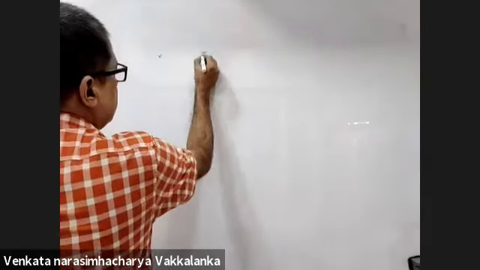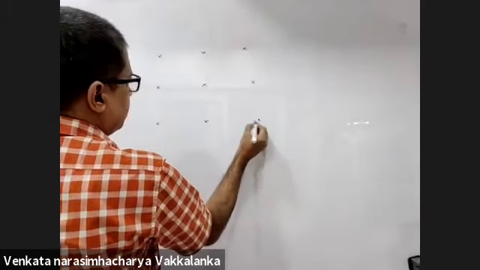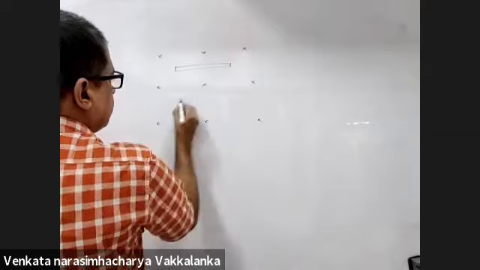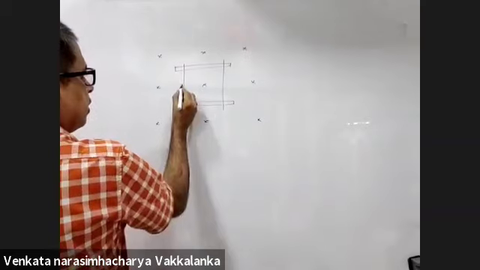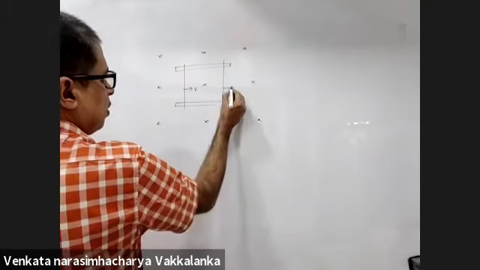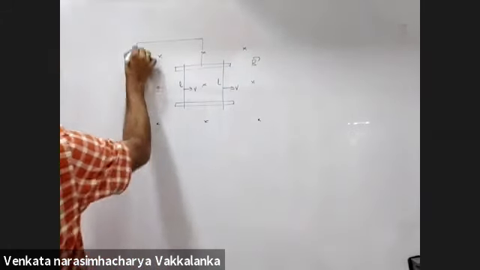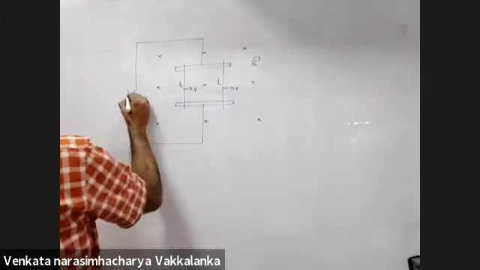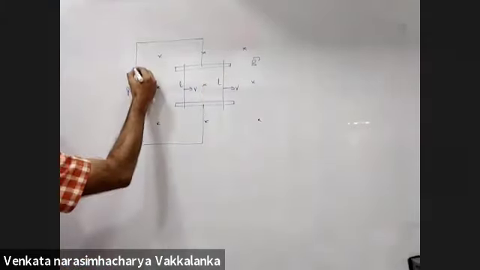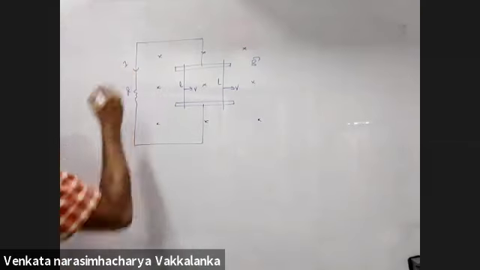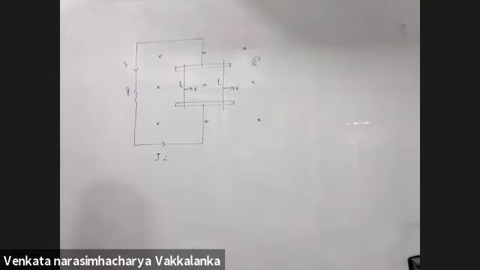Suppose you take the same example, but with a small difference. This is one strip, this is one strip. This is moving with a velocity V and V. This is of length L and L. This is the magnetic field, but the resistance is kept like this. These are all resistanceless. I want the induced current in this particular loop. How much will be the induced current?